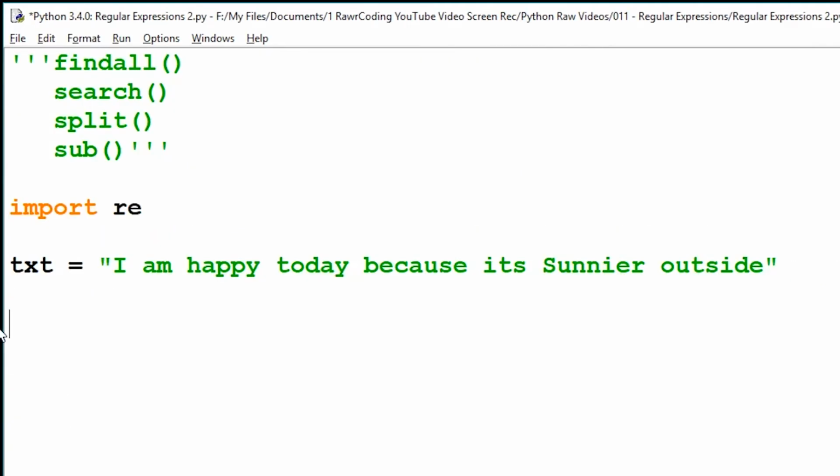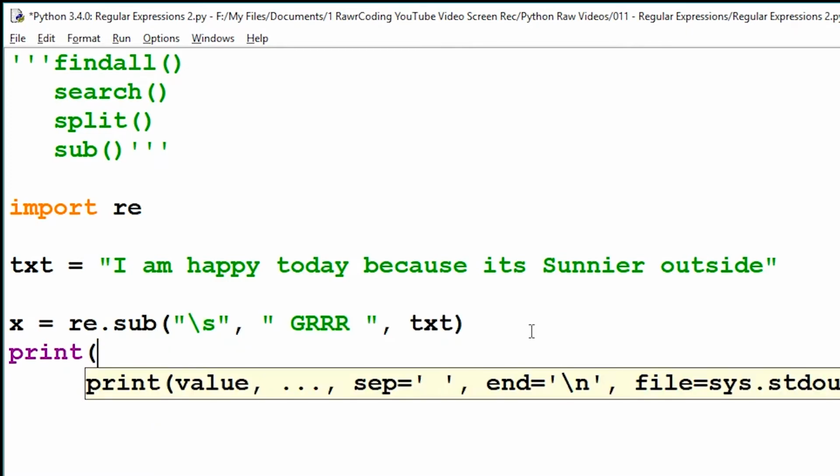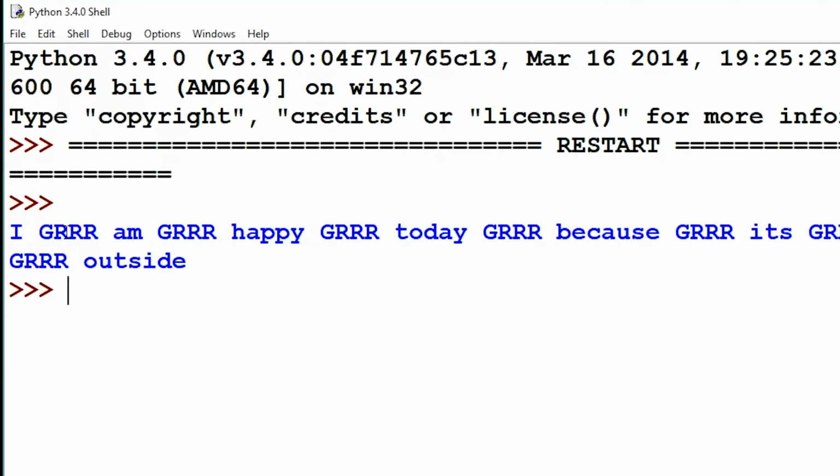Finally, the sub function replaces any matches with a text of your choice. So we can say x equals re.sub, and then we use a special sequence called \s, which will basically target any whitespace characters. And wherever there are any whitespace characters within our string, we can replace those whitespace characters with the word of our choice. So let's say "grr". So whenever there's a whitespace, we will now be growling. And then let's write our string name that we wanted to target, close brackets. Let's print x to see the results. And now, as you can see, it's replaced each whitespace character with the word grr. So it's I grr, am grr, happy grr,